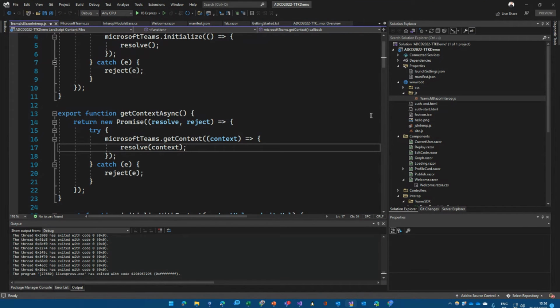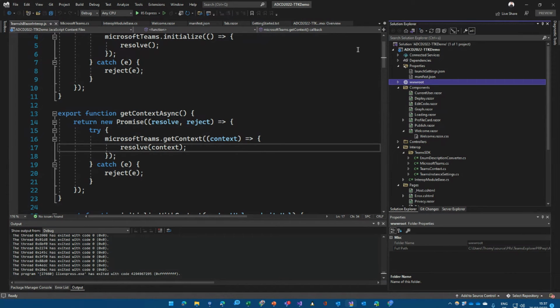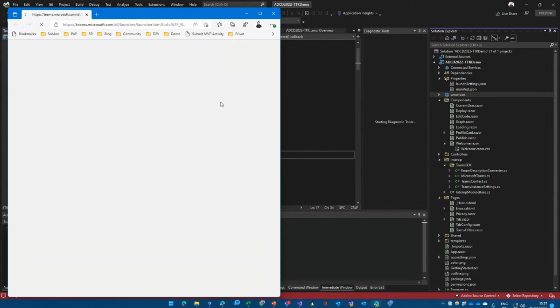So this is the one main thing to realize about the toolkit. It is using the Teams JavaScript SDK through Blazor JavaScript interop technology. Another interesting part is that we can take this another step forward. If I restart the application now,